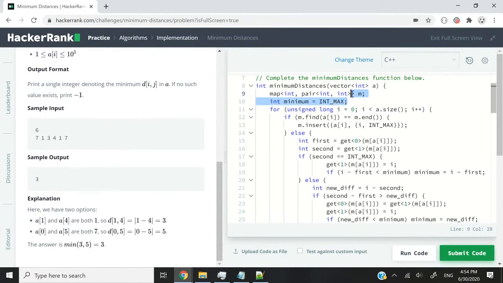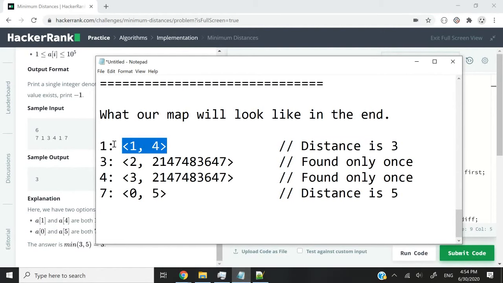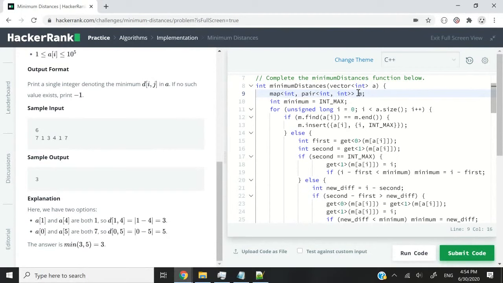Now, inside of our function, we create a map, and I'm calling that map m. So you can see here again that our map has a key, of course, and the value is a pair of integers. So that is what the type of our map is. We have ints, so that will be the key. And then here we have a pair of 2 integers as the value for every key in our map. Then we have this minimum variable. At first, we don't know what is the minimum distance, so we just set it to int max, which is the maximum integer value in C++. And by the way, here I'm talking about signed value, not unsigned value.